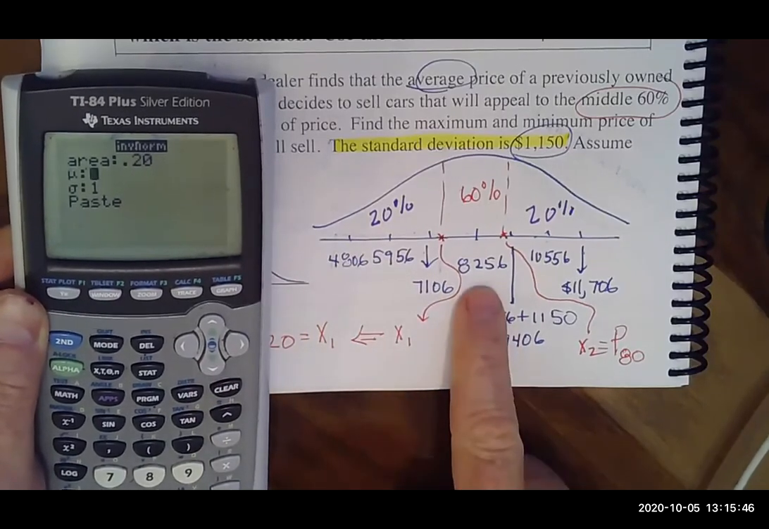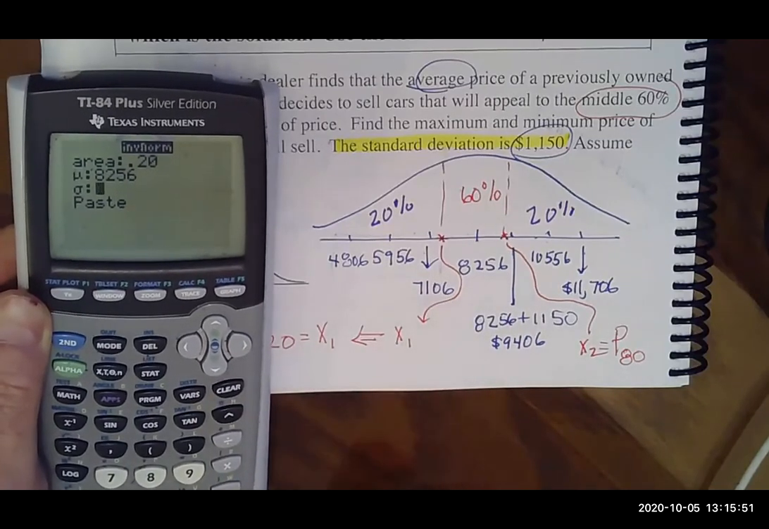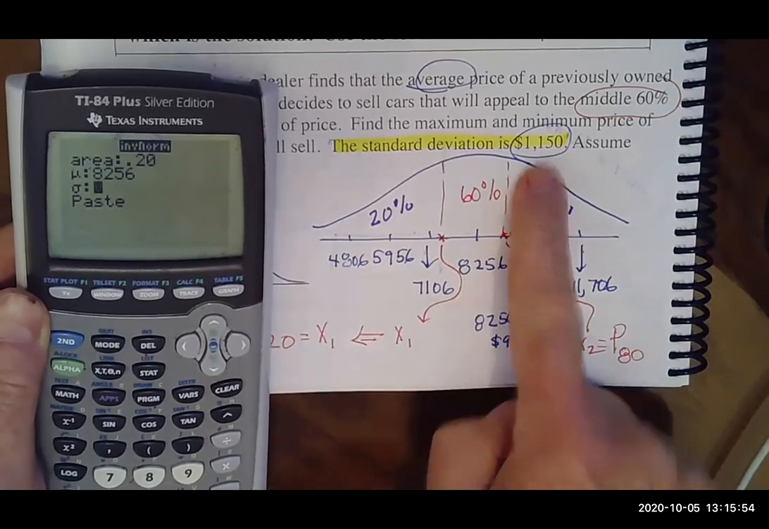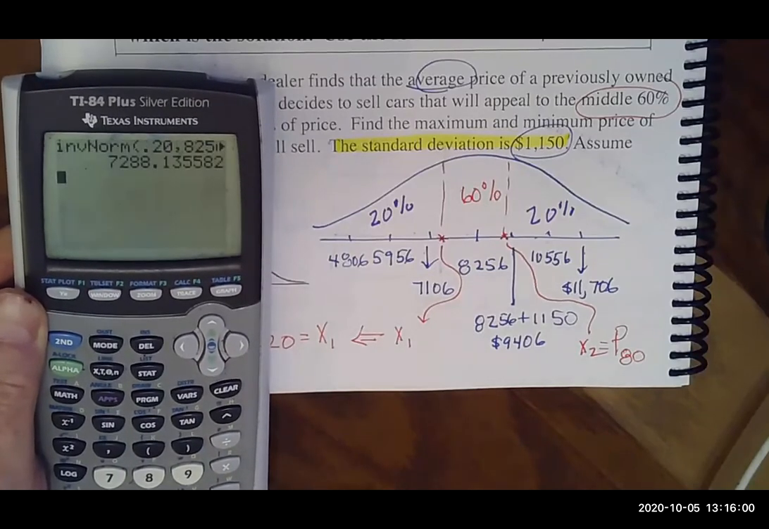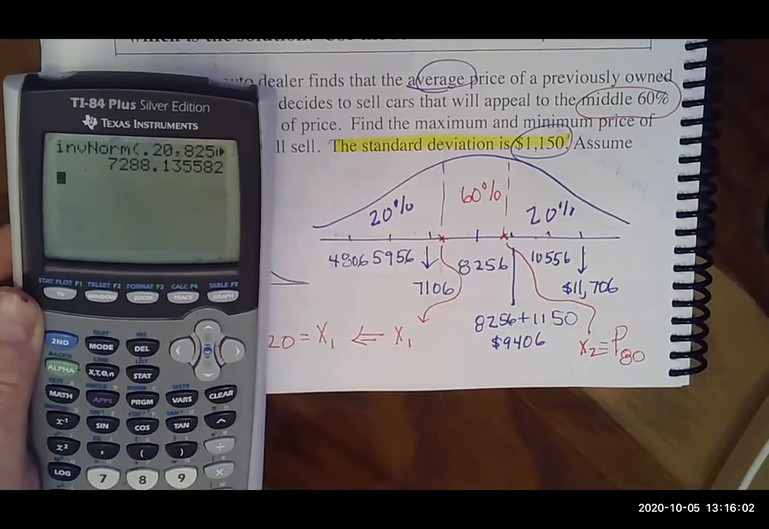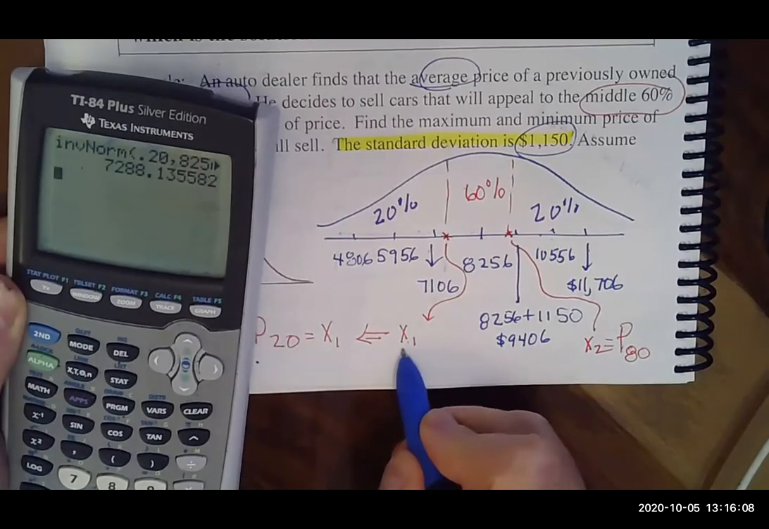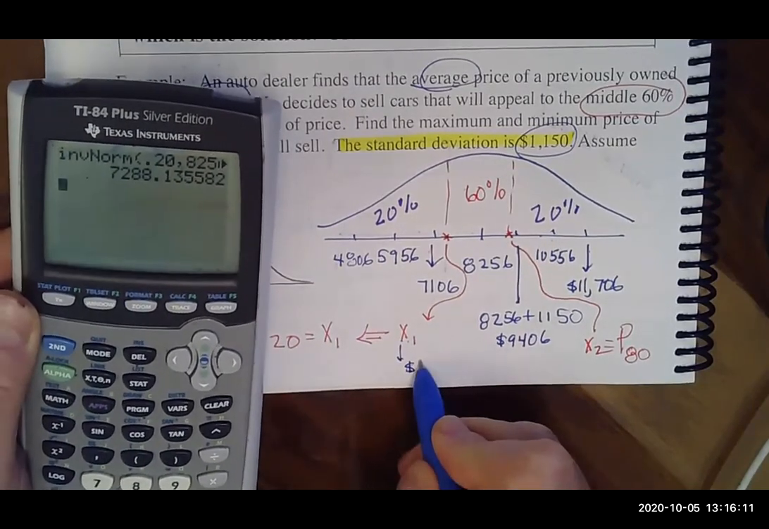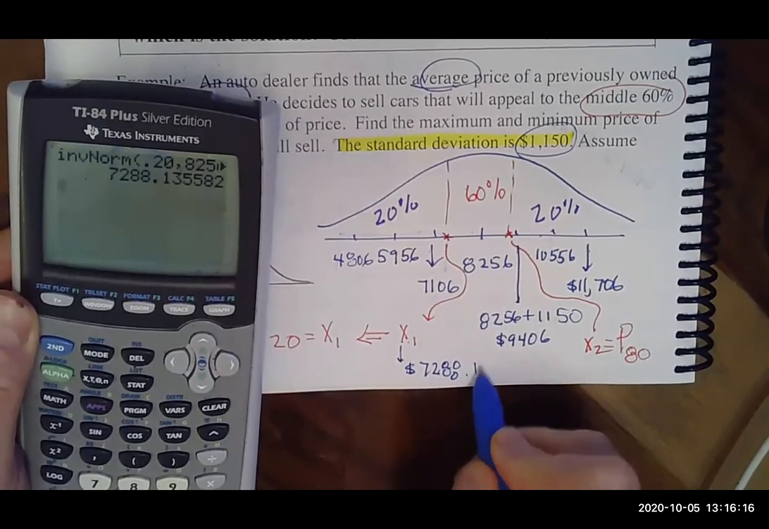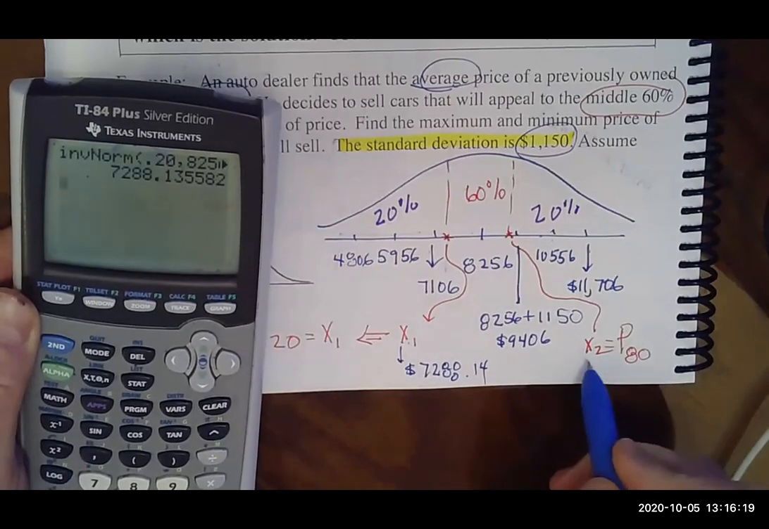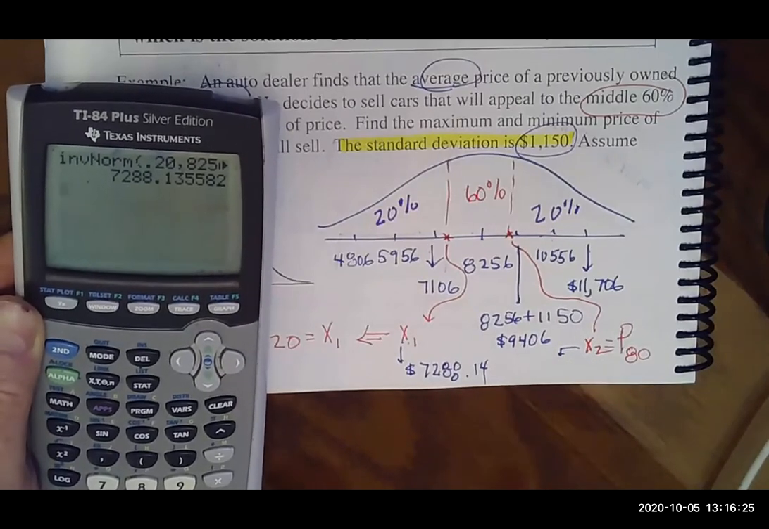Mu, 8256. Sigma, 1150. Paste. Enter. This is money. This is money. So this value right here is a dollar amount, $7,288.14. This value, car-wise,